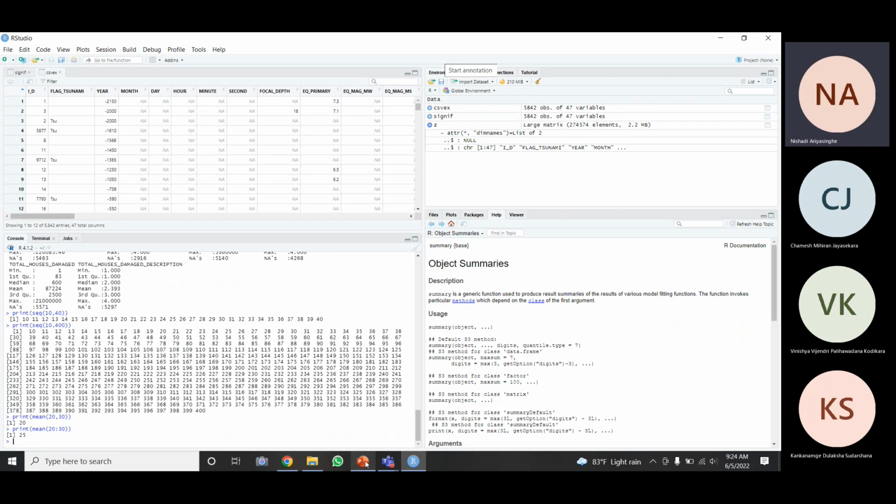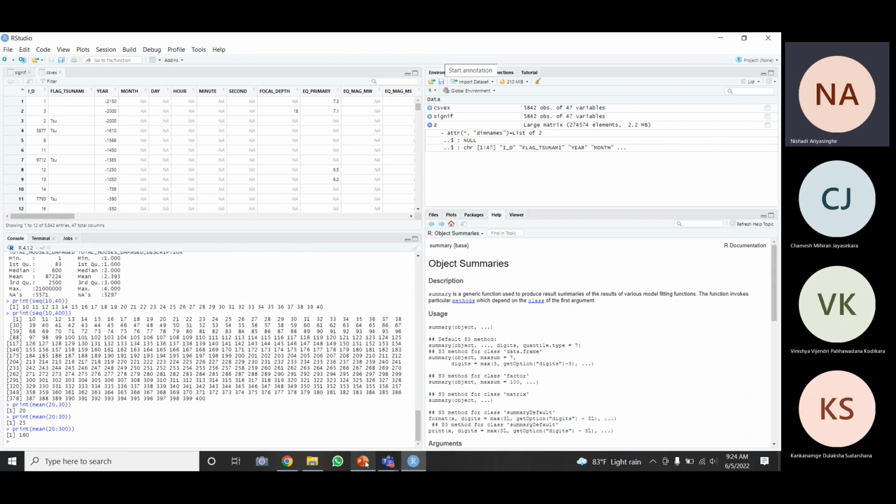So mean from 20 to 30 will be 25. So like that you can find the mean value of any number range,